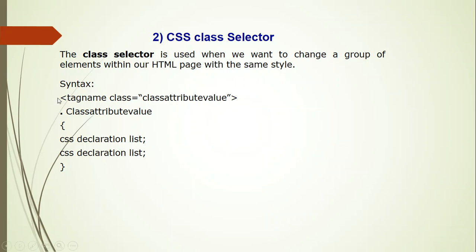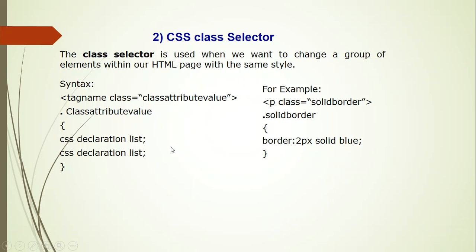This part is happening in the tags, that is the body section. And this particular part, what you observe, is the CSS part, the CSS syntax. Where the tag name was the selector, here the class attribute's value is the selector. Whatever its value is, that will be the selector, preceded by a dot. And then this part is the same. We have the CSS declaration list.